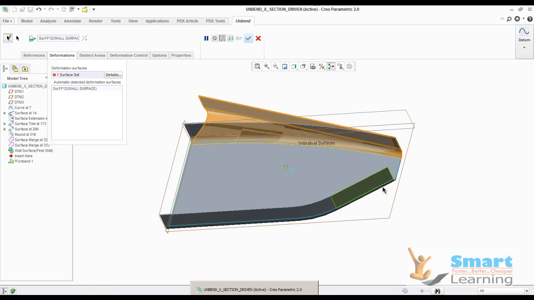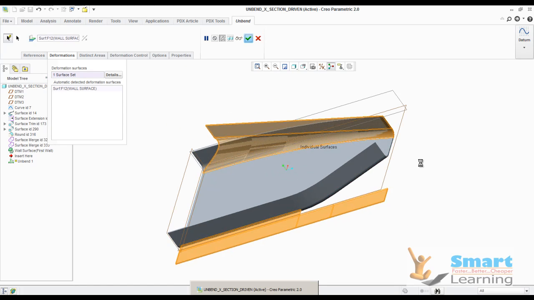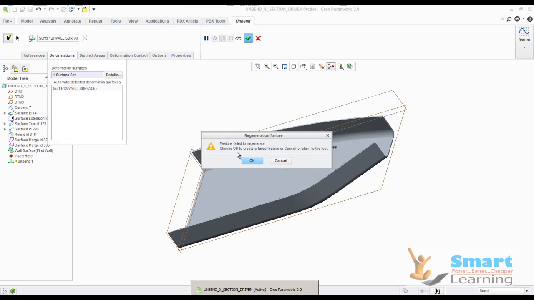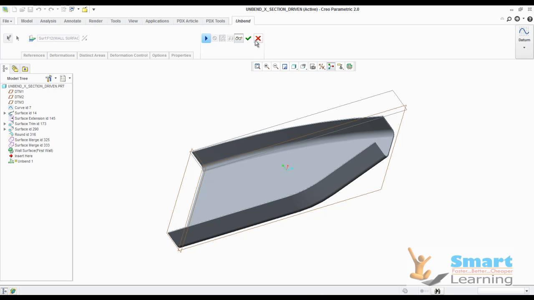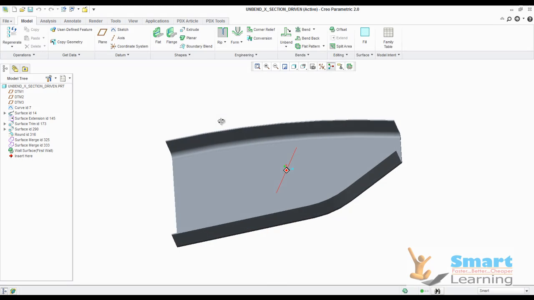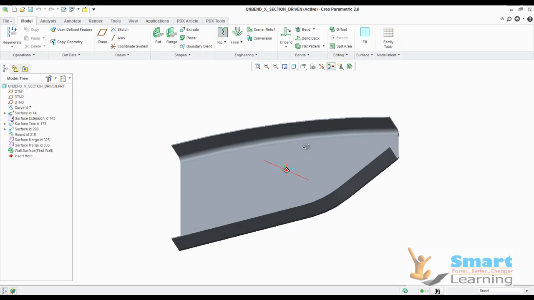particular information which you need to flatten, control it and select it, and you see the feature failed to generate. So this item failed. Try ripping out the surface, and like that, in item 2 it recommends to try changing the deformation area. But if you try other options like the cross section driven, here is formed, this is not the straight bend formation which you can directly flatten.